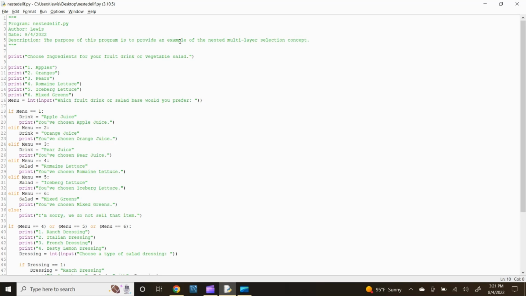Type print, open parenthesis, open quotation, the number 1, period, the word apples, close the quotation, close the parenthesis, then press enter. Let's carry on with the remaining 5 ingredients. Type print, open parenthesis, open quotation, the number 2, period, the word oranges, close the quotation, close the parenthesis, then